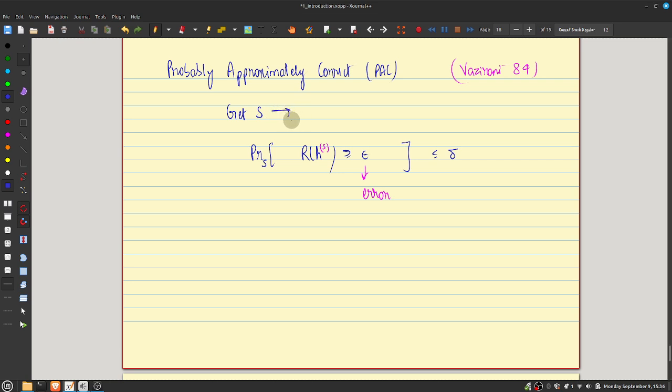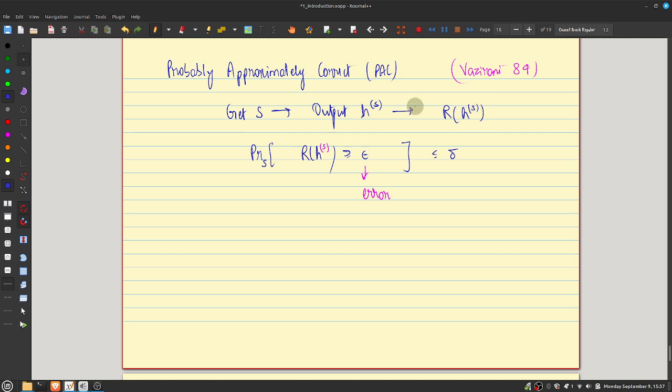From this, using this particular training set, you output H, let me have superscript S, just to emphasize that this H is going to depend on the training set. It of course depends on the hypothesis class as well, right? And then using this, so this is what you're going to use for testing. It achieves some test error or some generalization error, R of